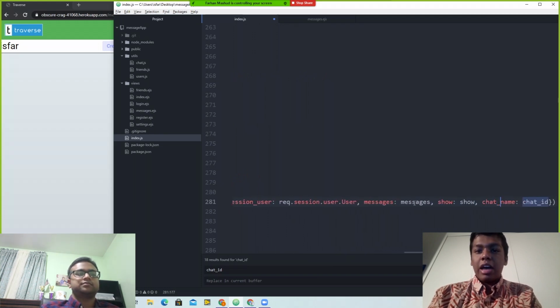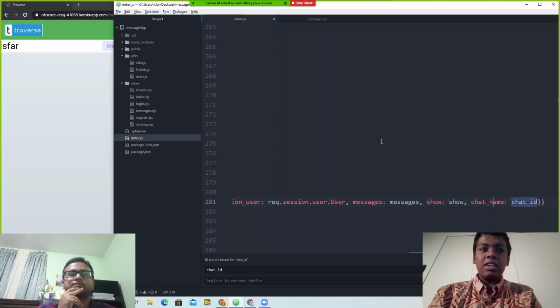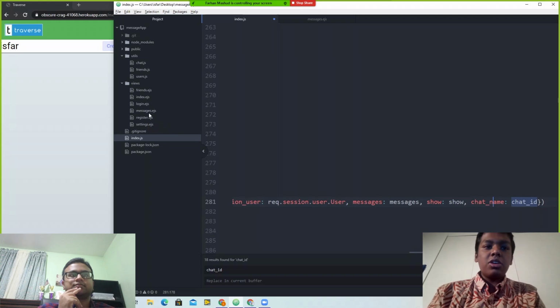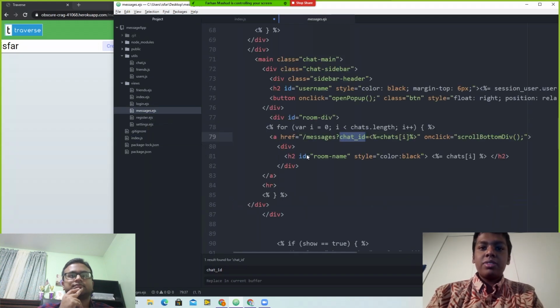And we're also passing in the message that the backend keeps track of, so that we can actually display the message in our EJS file. And we can see that if we go to messages.ejs,